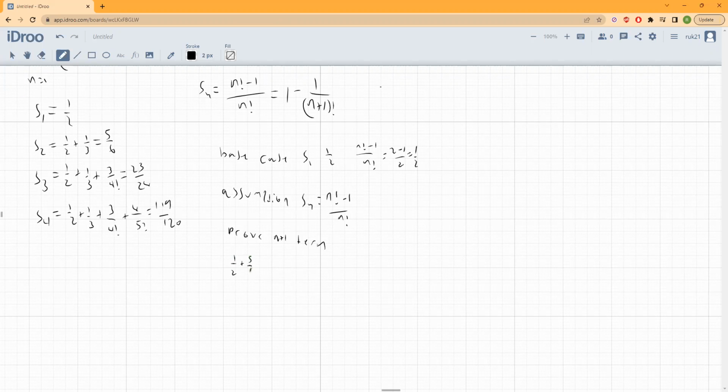It was 5 over 6 plus 23 over 24 plus dot dot dot, and n factorial minus 1 over n factorial plus n plus 1 factorial minus 1 over n plus 1 factorial. So for the next term, that should be equal to n plus 1